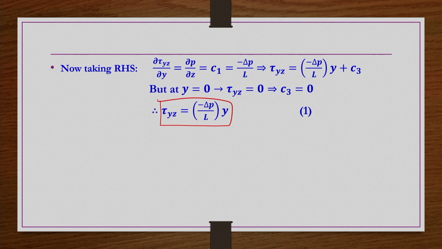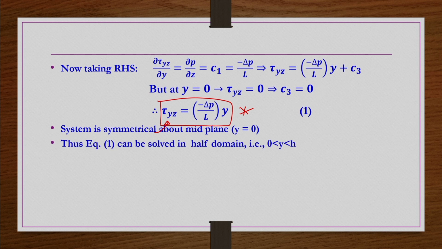Up to this point, did we incorporate the rheology of the fluid? No, not at all. Whether it is a power law fluid or a Bingham plastic fluid, it is the same. Now the fluid rheology will come into the picture through this tau yz part. We have seen the flow is symmetric about the mid plane y equals 0. Whatever distribution we get between y equals 0 to y equals h, we get the same distribution between y equals 0 to y equals minus h, towards the bottom plate.